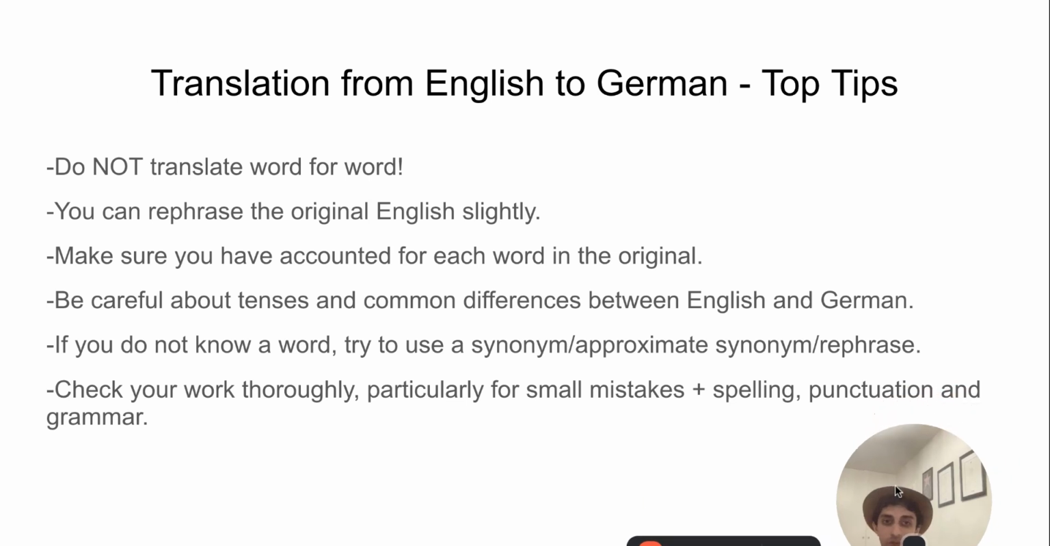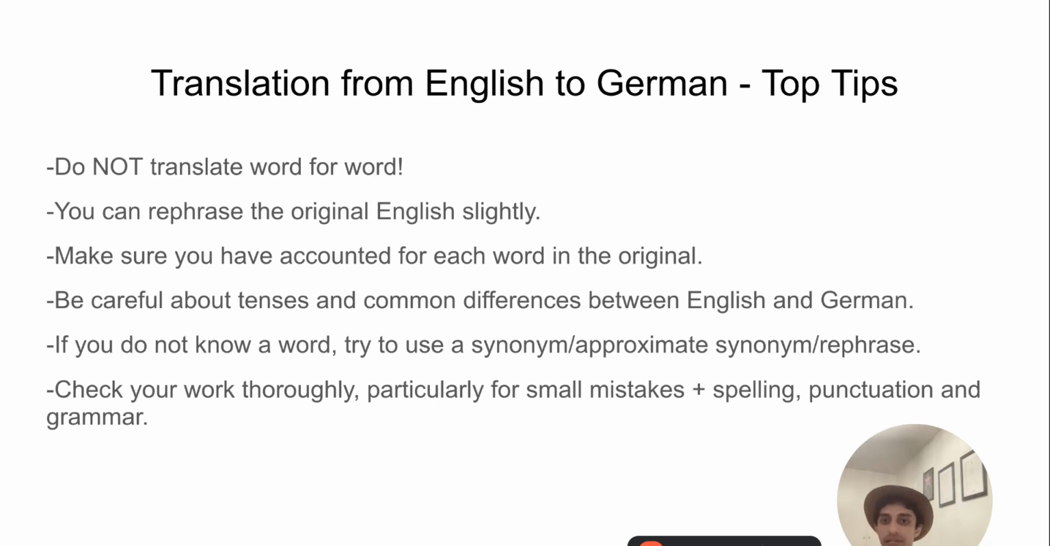Okay, here are my top tips for translating from English to German. Some of these are similar to before when you're translating German to English. Definitely do not translate word for word. You'll end up producing a really stilted and odd sounding translation. And again, you do have to make it sound as natural as possible in German. That is tricky, but